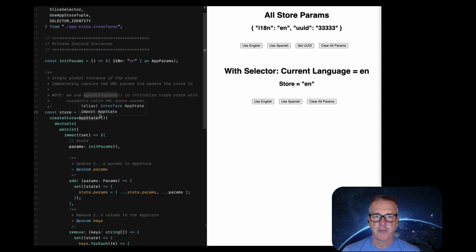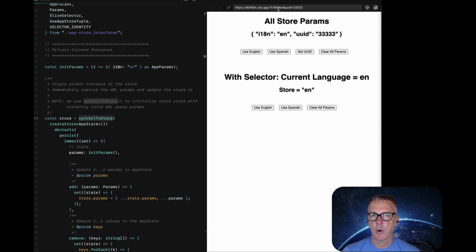wrote a function that can synchronize the URL to the store. Because what I want is anytime the URL changes here, so let's come in here. Let's call it 99999, and I reload it. I want the URL values to be used to set some state here. And if I change the UUID back, I want the URL to be updated and synchronized. And if I use Spanish here, then the URL says Spanish and the store says Spanish. And if I went to look at the local storage, I'd see that Spanish has also been saved in the